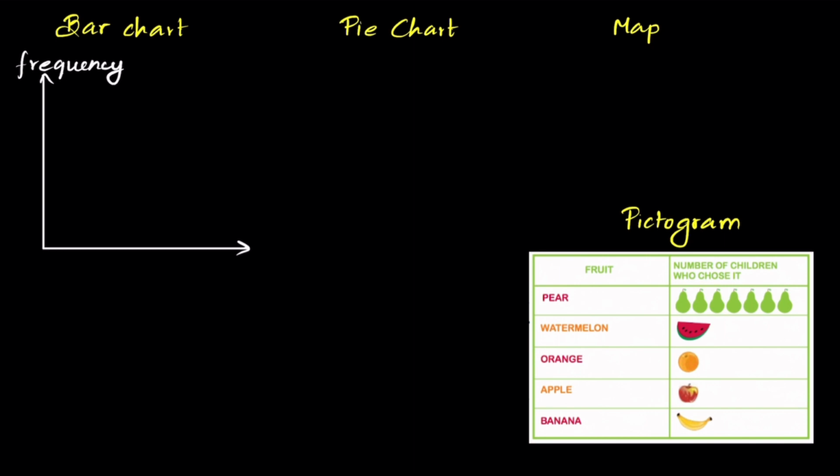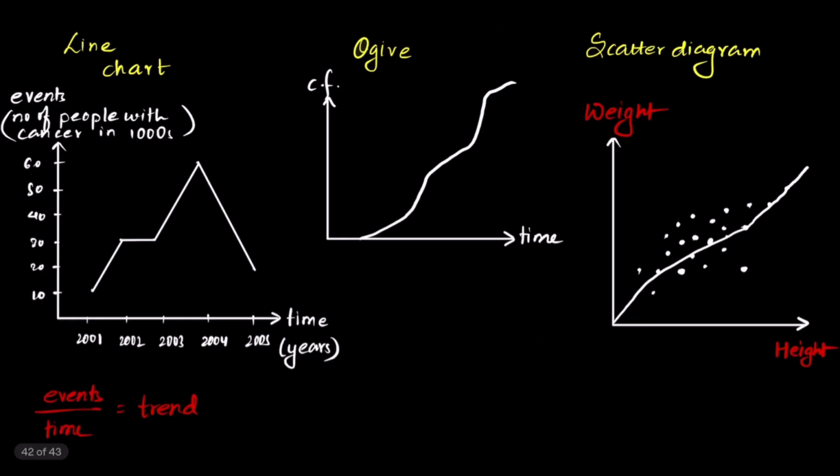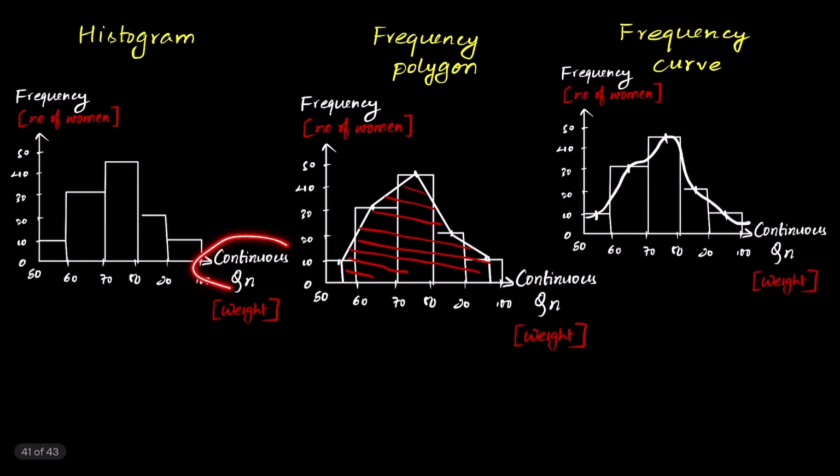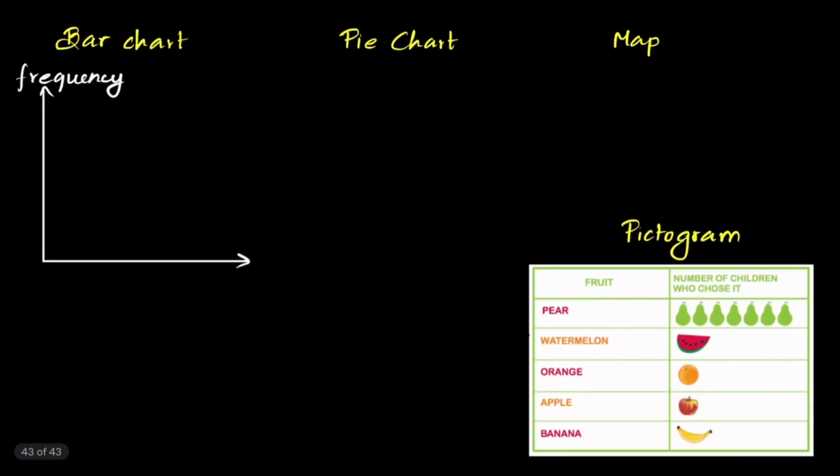In case of histogram, the type of variable used was a quantitative variable. And the type of quantitative variable used was your continuous quantitative variable. Let me show here. So a continuous quantitative variable was put on the x-axis, and on y-axis, there was your frequency. However, in case of a bar chart, there's your frequency on y-axis. However, on x-axis, you are going to put qualitative data instead of quantitative. And the type of qualitative data is going to be discrete type. So discrete